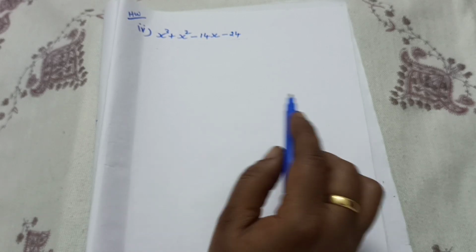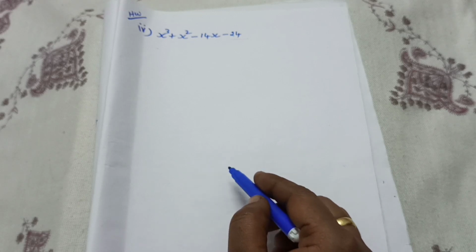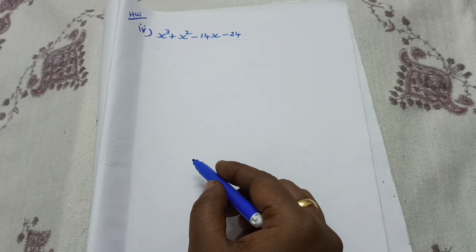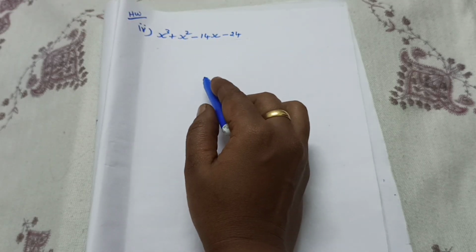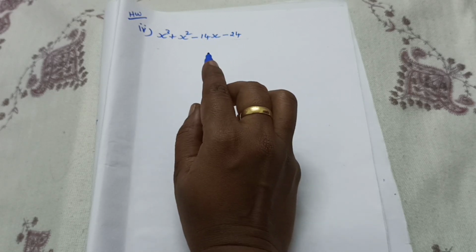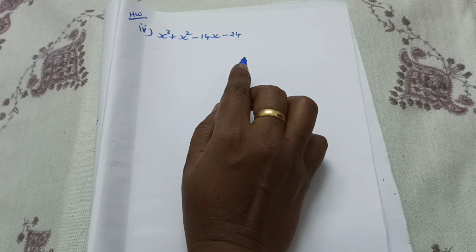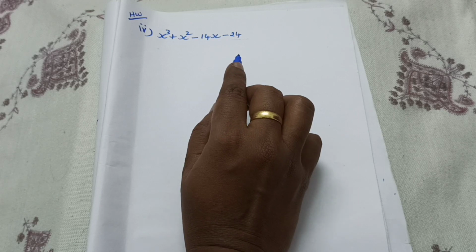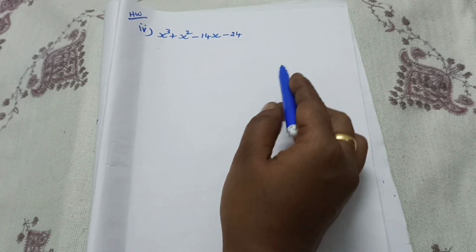Then afterwards with the help of the synthetic division method, find the remaining 2 factors. Like that, how many factors? 3 factors we will get. This one is for your homework. Be careful and do it. You must do this sum. Then only you will get one idea about factorization in this algebra. Factorization again you should practice. Otherwise you cannot do anything.